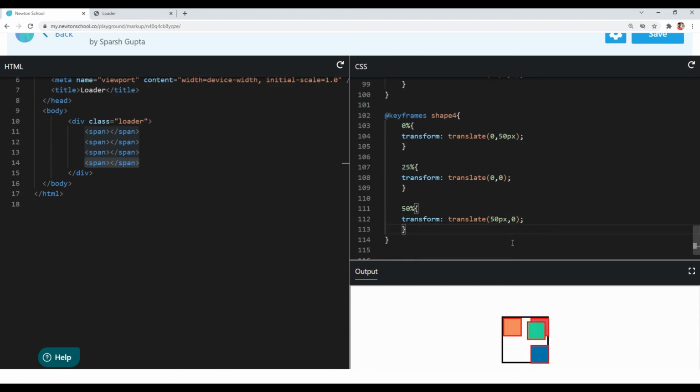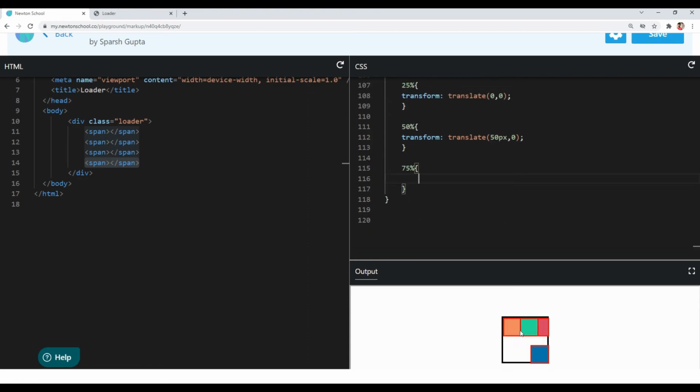Now let's quickly define the position at 75%. So at 75% I want to position our last child here, that is 50 pixel from x direction and 50 pixel from y direction.